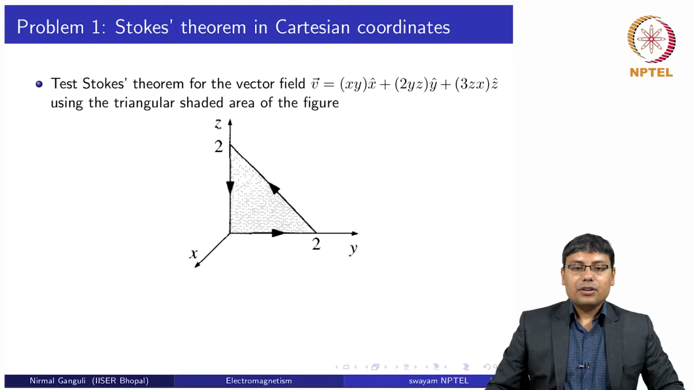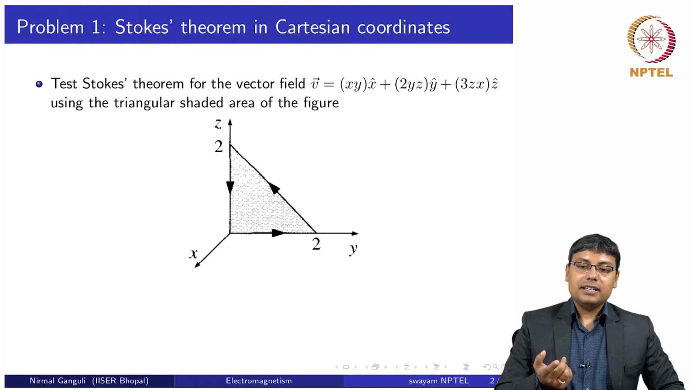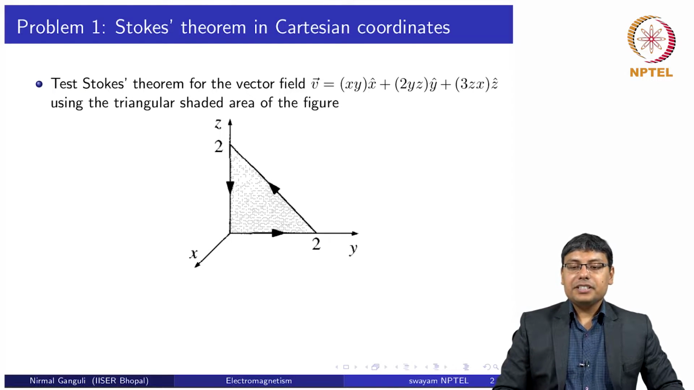So, we know the Stokes theorem. Stokes theorem tells us that the curl of a vector quantity, if we perform a surface integral of that, is equal to the vector quantity without taking a curl integrated over a closed line that encloses the surface. That is Stokes theorem, and we have been given a vector field V equals xy x cap plus 2